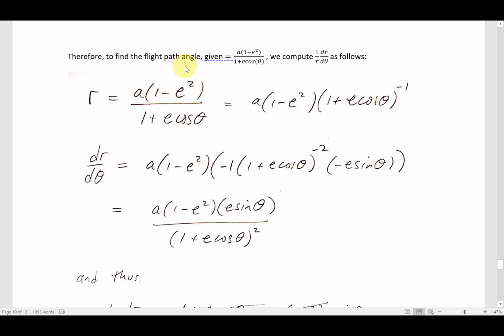Okay, so to find the flight path angle, given r equals a times 1 minus the eccentricity squared over 1 plus e cos theta, if that's the formula for the position r, we can compute 1 over r dr d theta and then do a tan inverse of that. So this is r equal to a times 1 minus e squared over 1 plus e cos theta, that's the polar form of the ellipse. I'm going to write this 1 plus e cos theta here with a negative